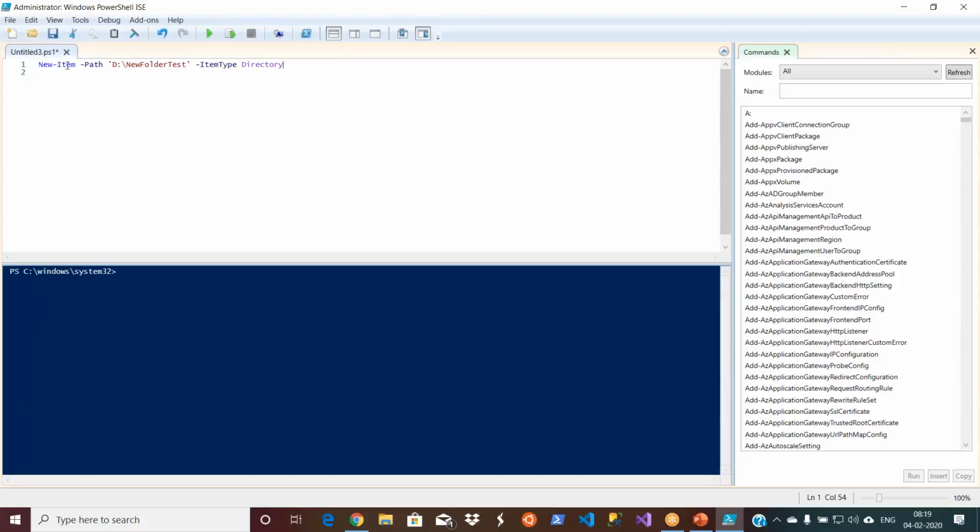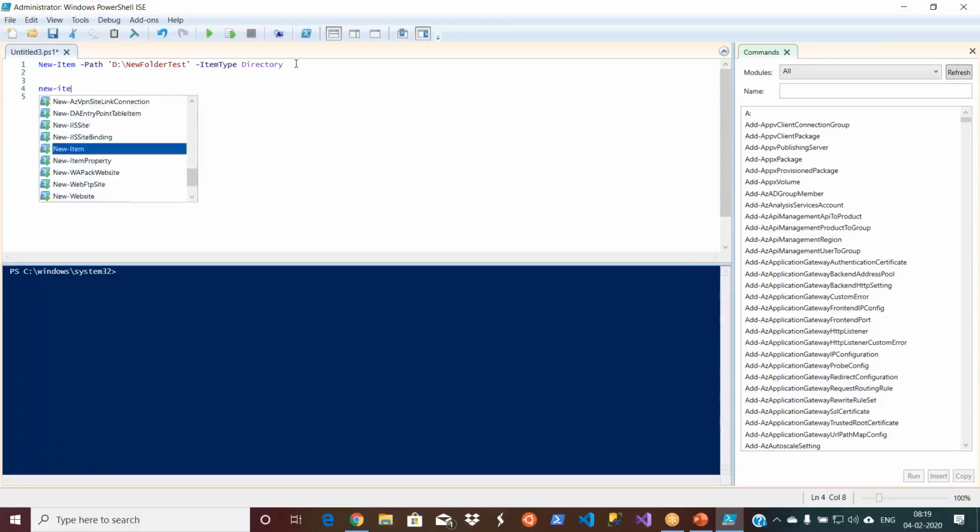Okay. Basically, as I told you, all our cmdlets start with a verb, hyphen, and then a noun. Let us say my requirement now is creating a new directory. The moment you think, okay, I want to create a new directory, it is an item, so you will say New-Item. That's it. And the other thing is, if you want to create a directory or file, you need to give it some form.